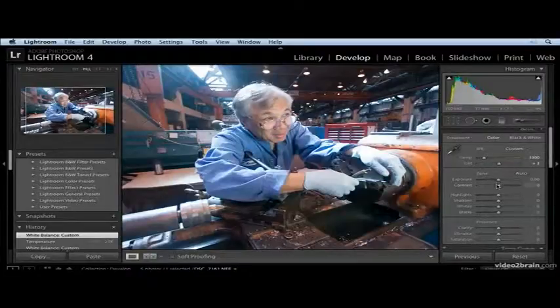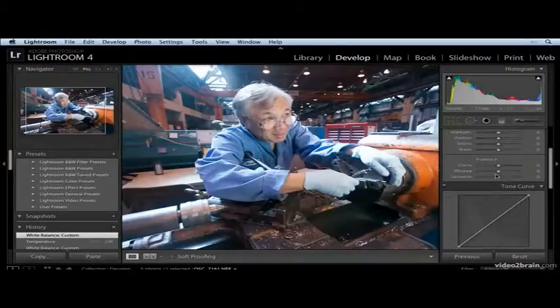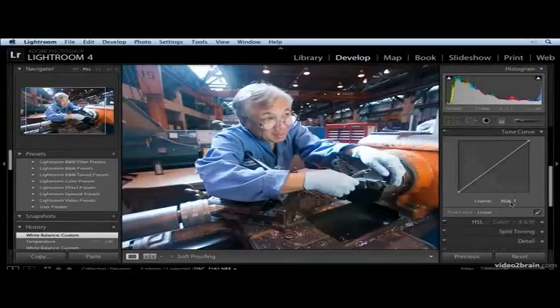Okay, so I'm going to continue down the right panel. I've already mentioned that there are new basic tones. Here's something that is new, and again, will only show up if you're using the new process version, and that's the ability to go into individual RGB, or red, green, blue channels, and work these channels individually. This is going to be very exciting for people who want super precise control over exposure based on individual channels. So I think a lot of people are going to be very, very happy to see